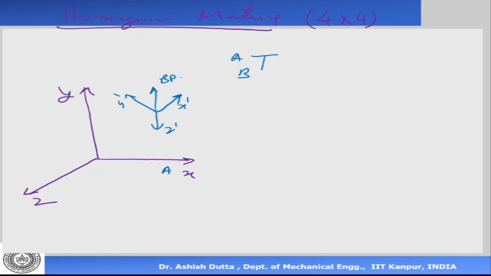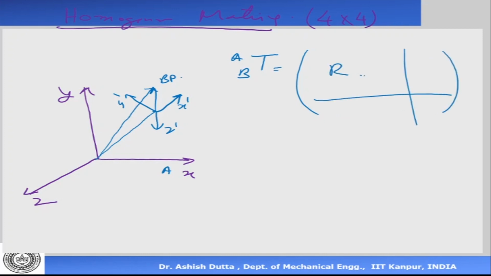Okay, so basically what we do is we complete this vector equation and we write our matrix, which comes out of the form. This part is the rotation matrix, rotation between A and B. This is del x, del y, del z, the distance between the origins of frame B and frame A in the x direction, y direction, and z direction. And this is 0, 0, 0, and that's 1.